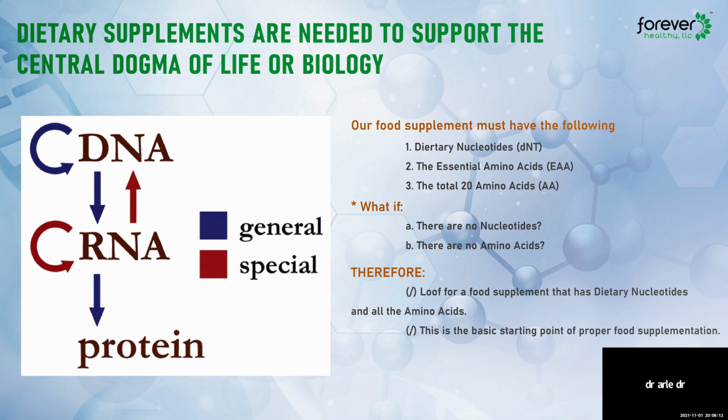If you are already taking many food supplements and it's okay and it's good, what you have to check now is to see if the food supplements you are taking have, number one, dietary nucleotides, number two, the 20 amino acids. If you are not yet taking a food supplement and are trying to decide what food supplement to take, take one that has dietary nucleotides and the essential amino acids,